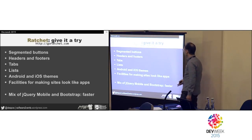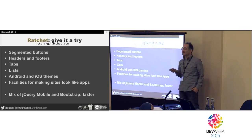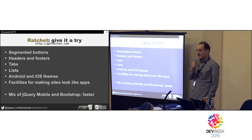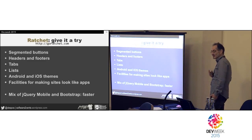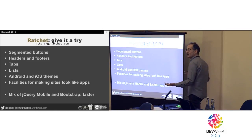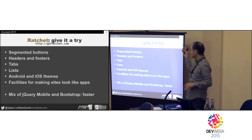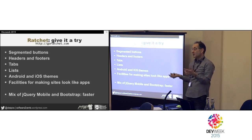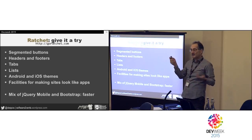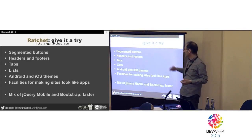but you will find yourself immediately at home. In particular, you find in Ratchet segmented buttons, and it's not by chance that segmented buttons were introduced by iPhone. Because the iPhone, when it came out, was so successful also because it was offering a user experience particularly well thought out for the finger, for users using touch to interact with the device. Segmented buttons have been with iPhone since the very beginning. And in some cases, they are much better than a drop-down, especially when you have only 3, 4, 5 options, you just click. It's a radio button-like feature. And you find them automatically implemented as a native part of the framework